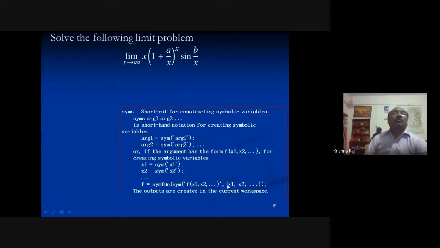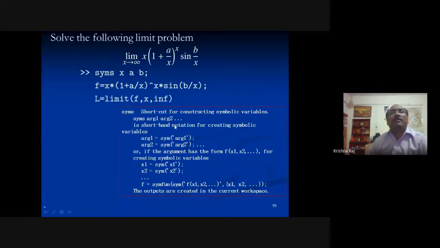Now suppose we have to solve the following limit problem: the limit as x tends towards infinity of (1 plus a by x) to the power x. These are the problems which are solved by students in the first year, and we teach them in the first year or sometimes in the intermediate also. So we are just trying to solve these problems here. For that purpose we will use this type of command syntax, that is syms, which is the symbolic math toolbox which we have described in the previous slides also. And here we will use syms and write the command. Now see the command.